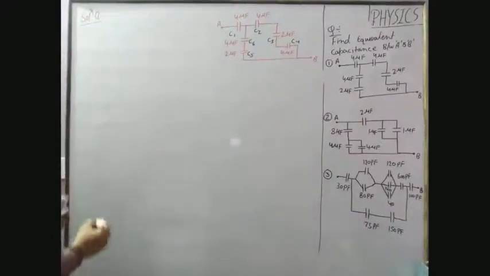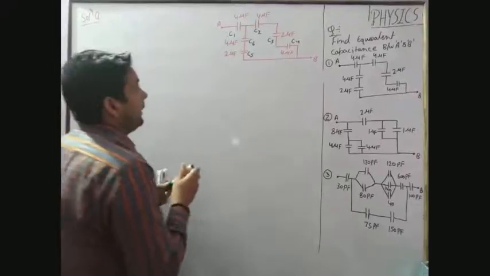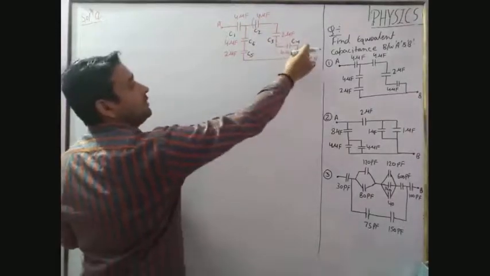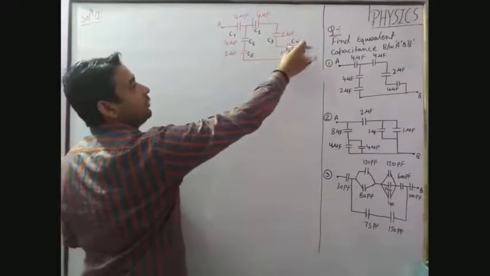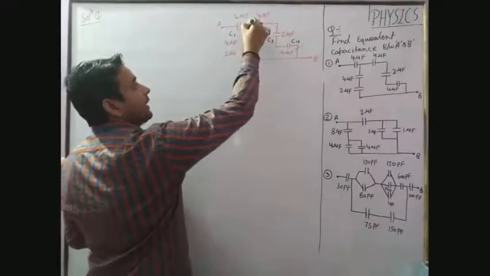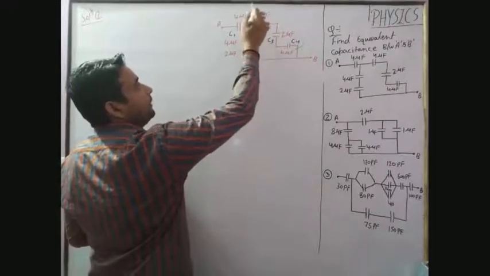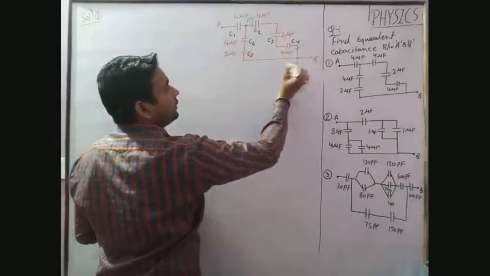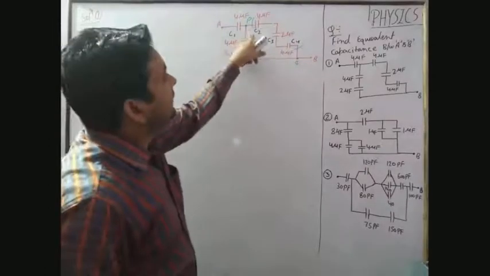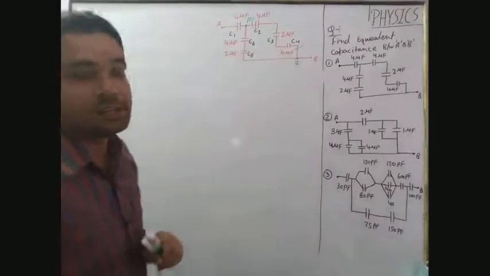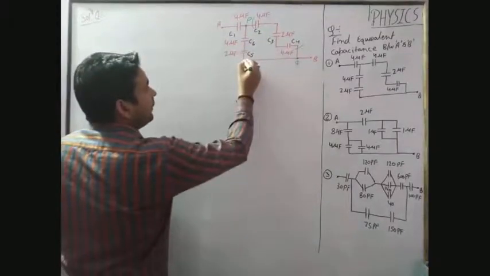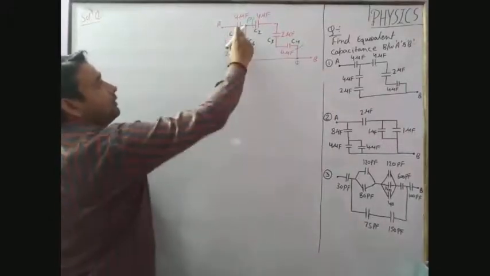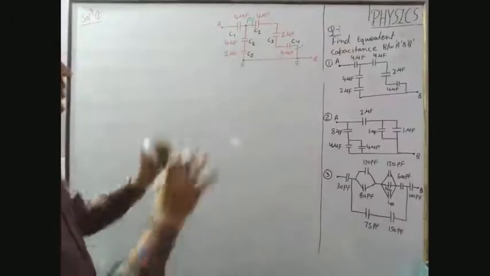Now here you will very easily understand that the capacitors C2, C3 and C4 are connected across the point, let's say P to point Q. Therefore these three are in series. Again, just understand, from P to R, these two are also connected in series. So first we solve these two.